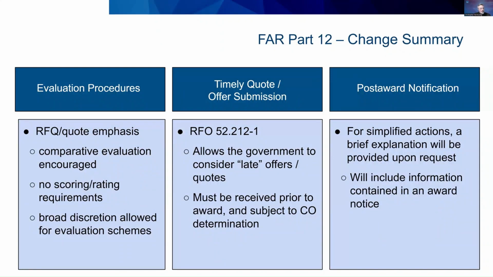This represents a pretty massive departure from the evaluation process that most contracting shops have used with respect to commercial products and services historically, where processes very similar to those used in negotiated actions were common in most commercial acquisitions. As a result of the new FAR 12 simplified procedures, you can expect to see a significant increase in the use of RFQs and a dramatic change in the evaluation process for actions below $7.5 million, all anticipated to simplify and make efficient the acquisition of commercial products and services, including construction.